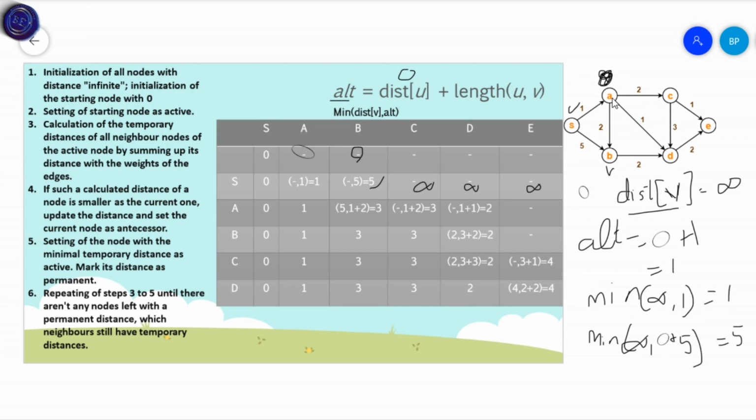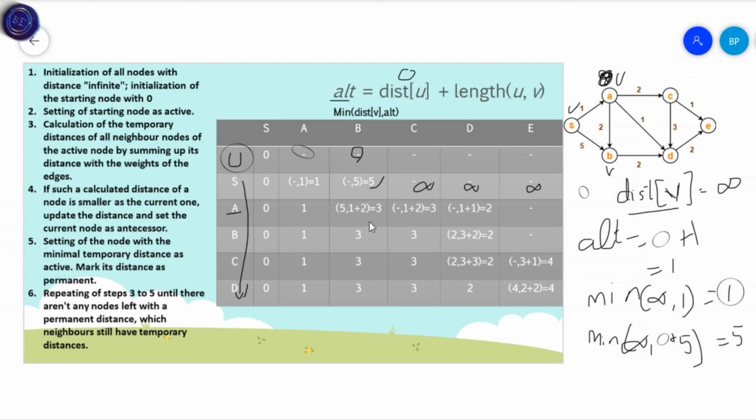So here we are going to take A, and these values are u values. Okay, this column shows the u values. Now we are taking A as u. Okay, from A to S there is no direction, so the same distance is copied. So from A to S there is no distance, so 0 is copied. From A to A the same distance, because from source to A it is 1, so we are storing the A value as 1, so we are going to copy the same value here.